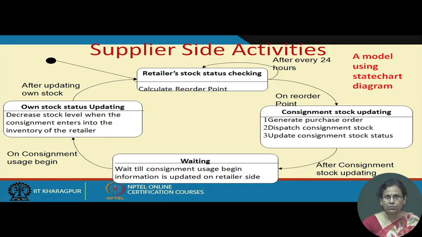So, now you understand the meaning of inventory level collaboration. This reorder point, which otherwise would have been calculated by the retailer himself, with the retailer explicitly giving the purchase order to the supplier, here the supplier senses the retailer's stock status and calculates the reorder point. This is the supplier side activity. Then when the reorder point is reached,